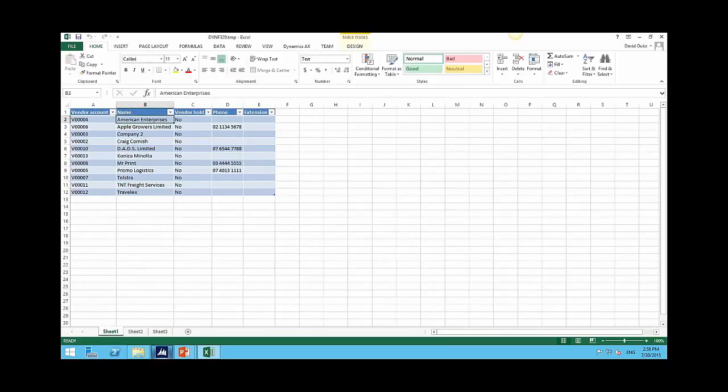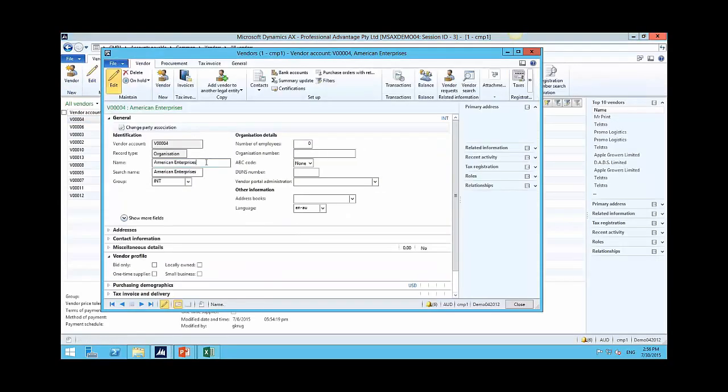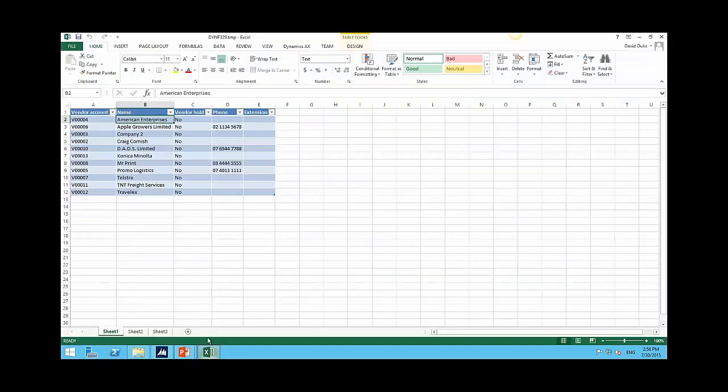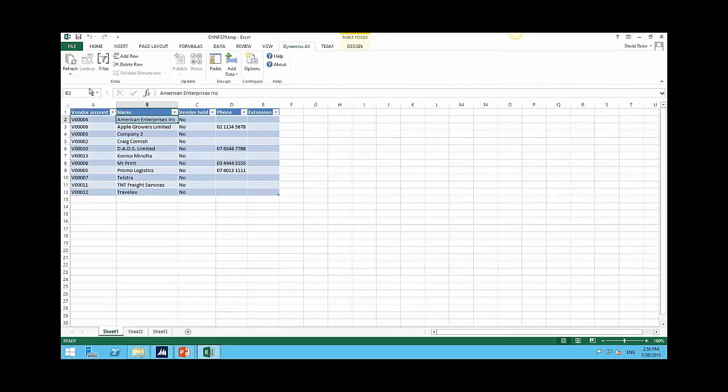So I've got American Enterprises there. If I come back in here and edit that vendor and just add incorporated on the end, and then I go back into Excel and then to the Dynamics AX menu and click refresh,